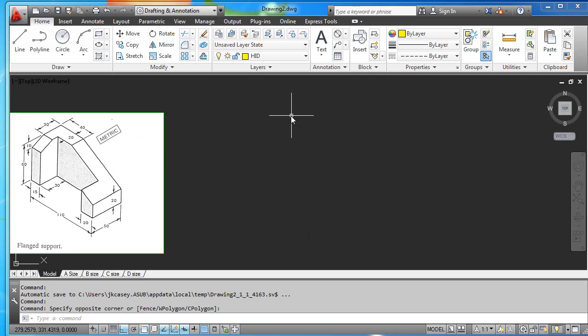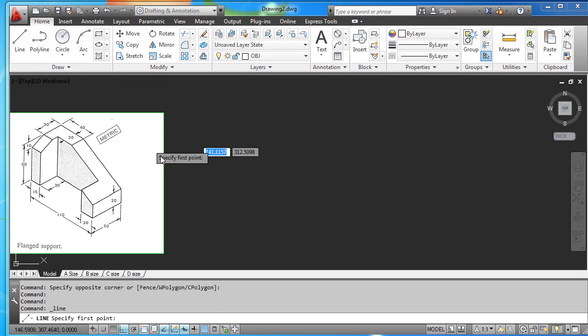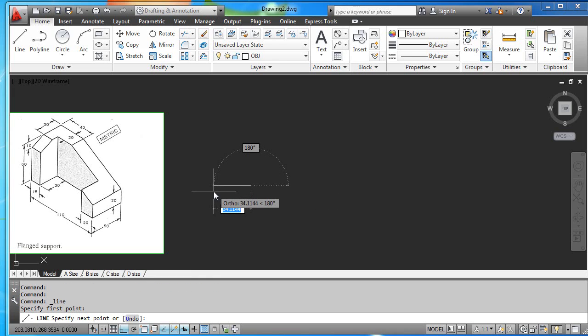So I'm going to start with the object lines or the visible lines. So I'm going to set my layer to the OBJ layer, which represents the object lines or visible lines. So I'm going to pick my line command, and I'm going to start my line somewhere around this area. I may have to come back and move my parts a little bit if necessary, but I'm going to left